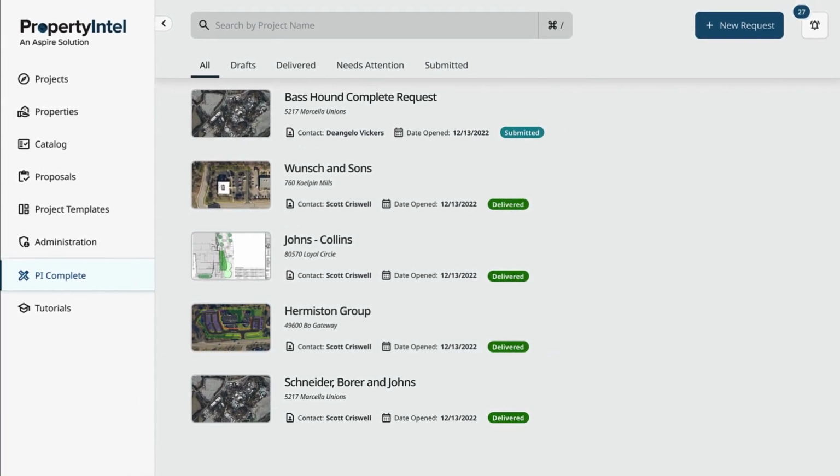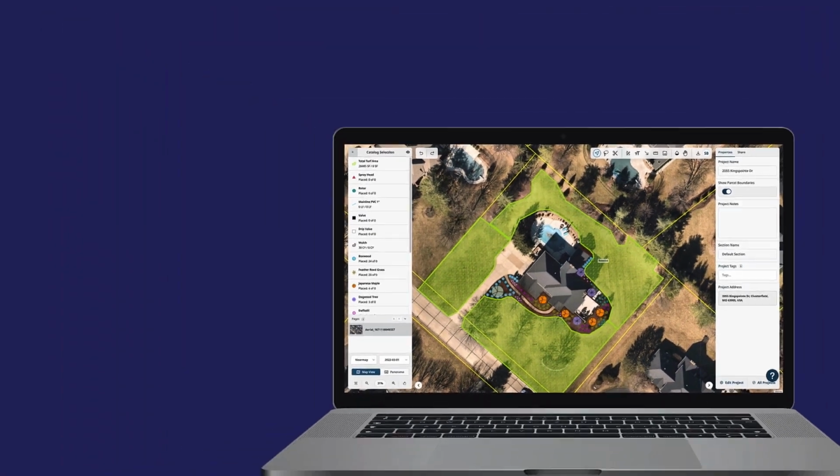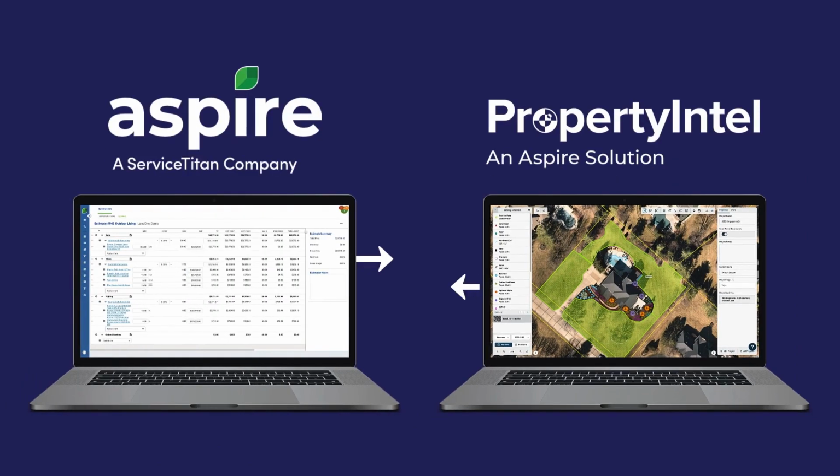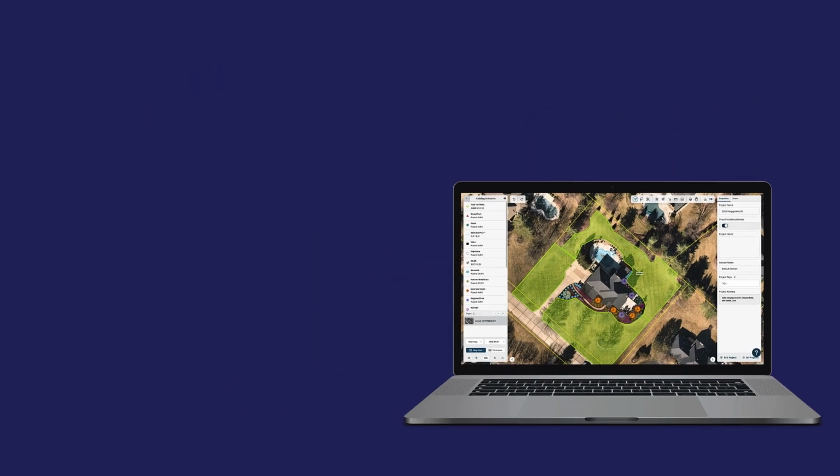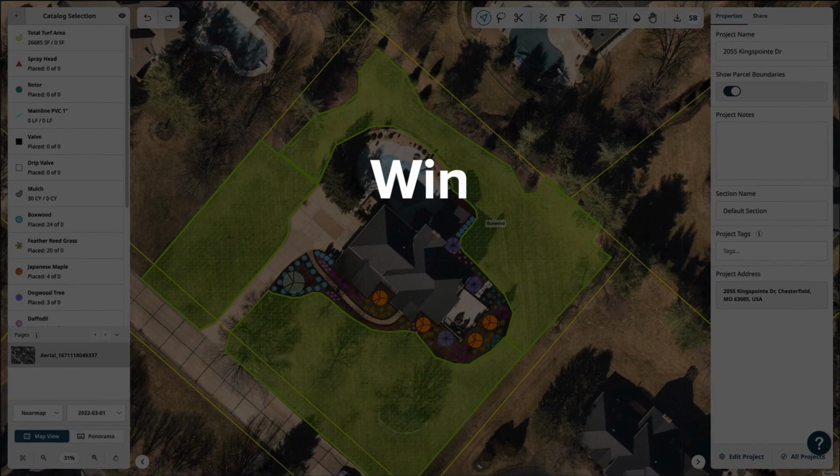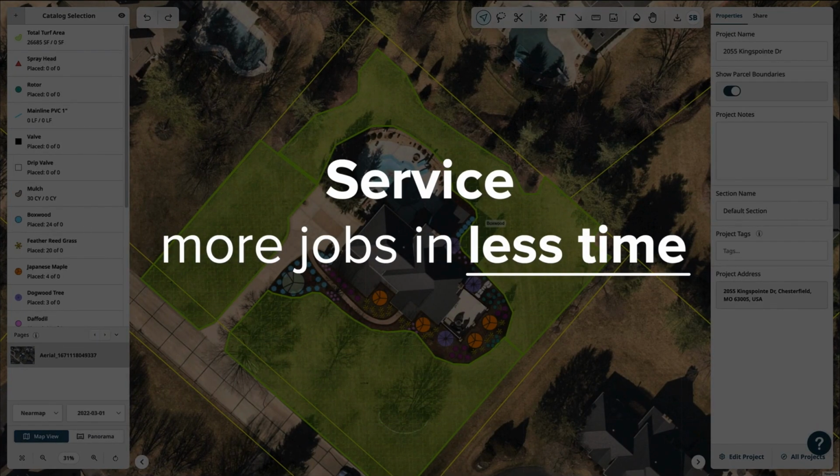jobs faster. In addition, PropertyIntel fully integrates with Aspire. With a single click, you can send your takeoffs to Aspire to complete an estimate. Everything you need to bid, win, and service more jobs in less time is right here in